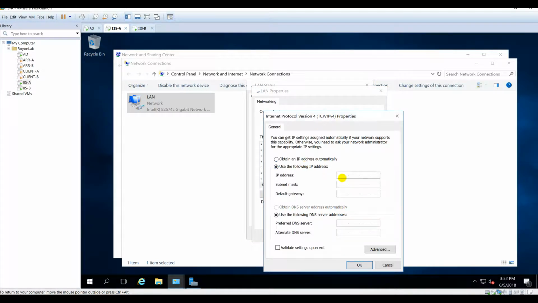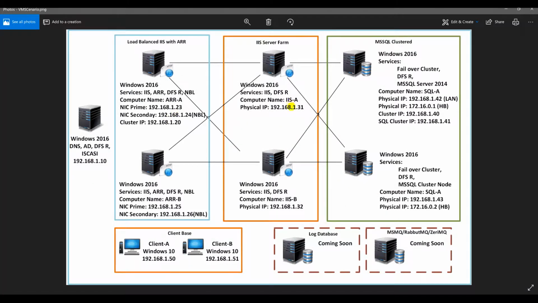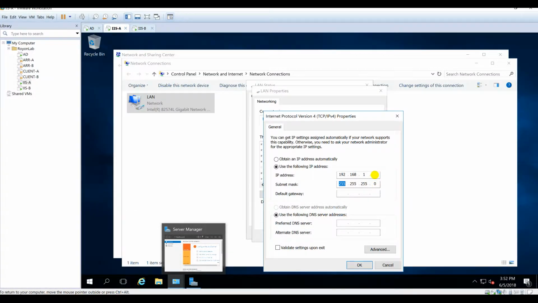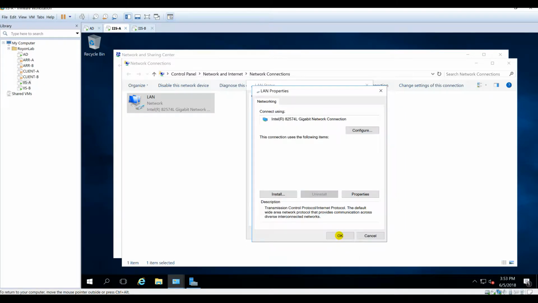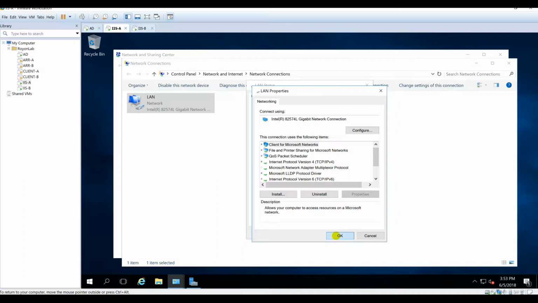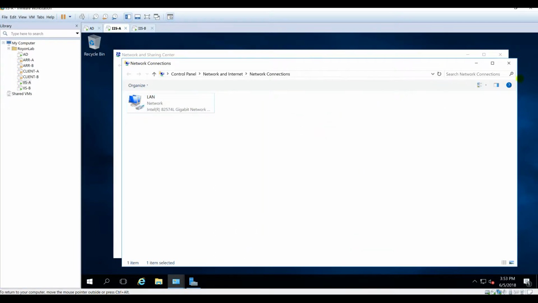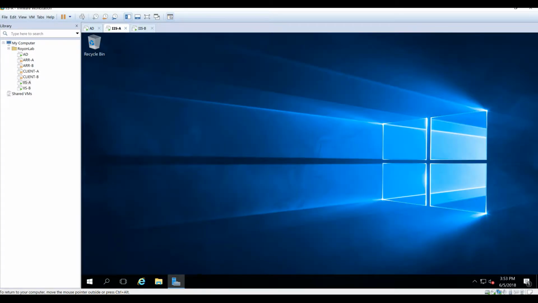TCP IP properties, I'm going to assign a static IP. That is 192.168.1. Let's have a look. 31. So IP has been altered. Now